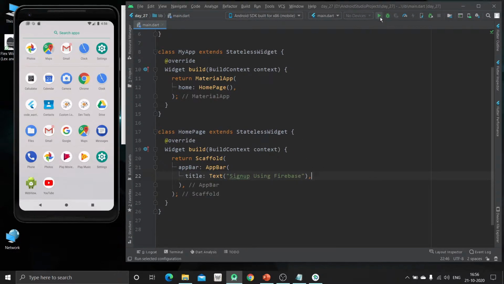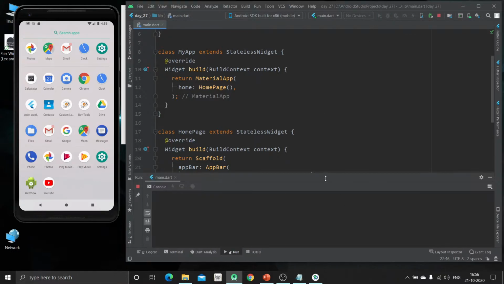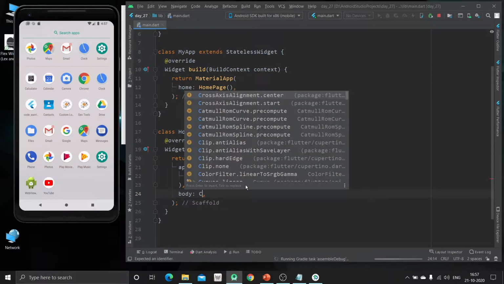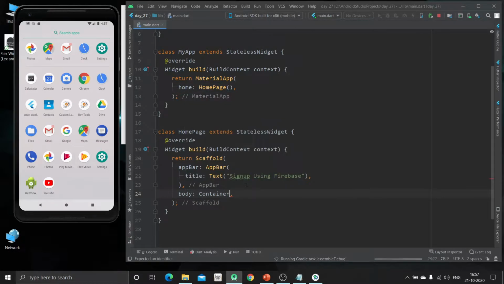Meanwhile I am running my app, as it will take some time. After that we will create the body of our app. So the body will have a container. Now in this container I am going to create one child that will be a column, so that I can place multiple widgets inside this container.